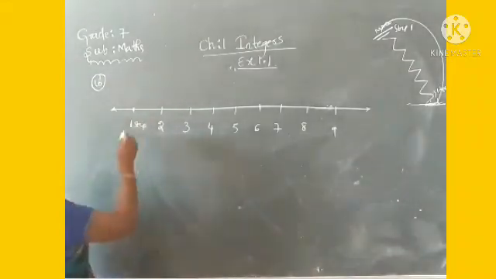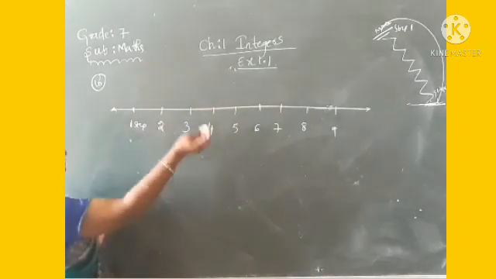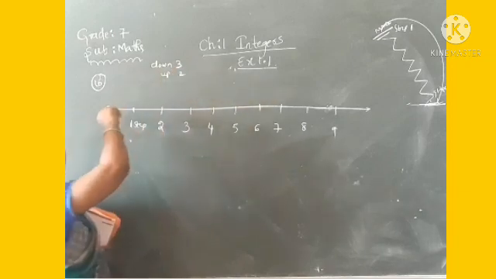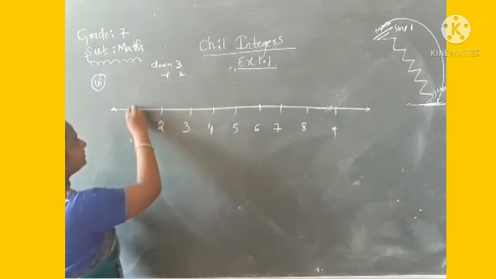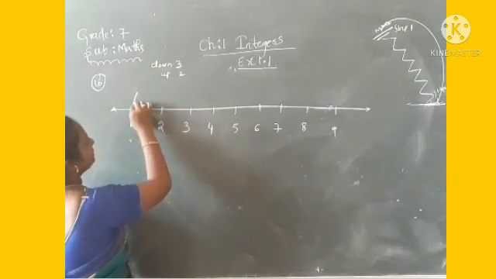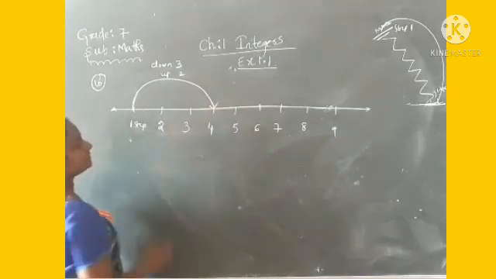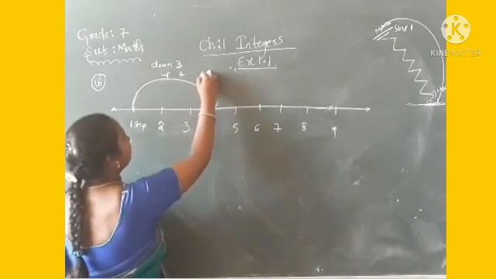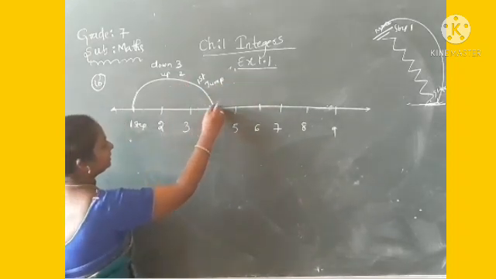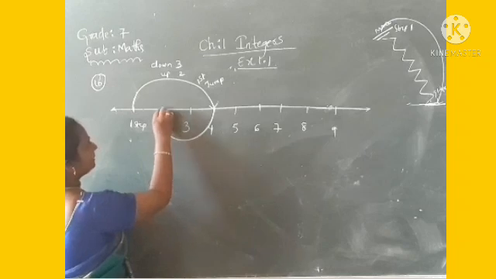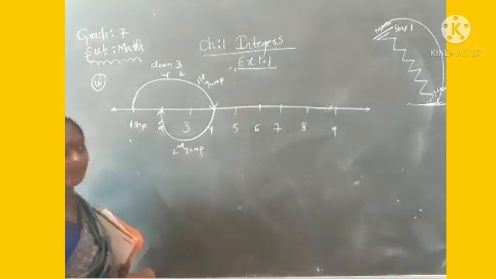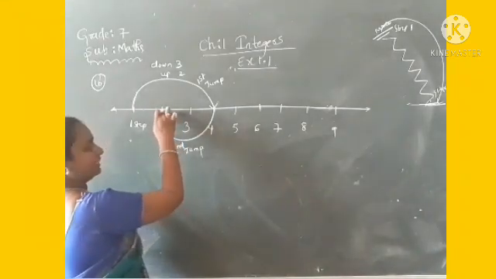See, first he comes down 3 steps, then up 2 steps. First jump: 1, 2, 3 steps, so he will reach step 4. This is the first jump. After that, 2 steps come back. That is back 2 steps. This is the second jump. Okay, now the monkey is here.